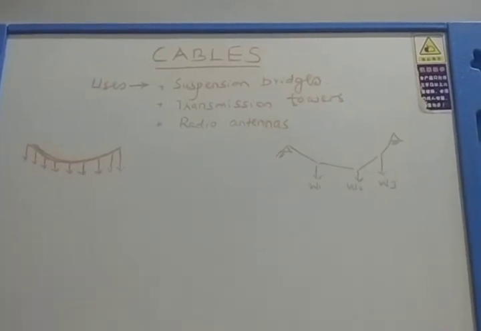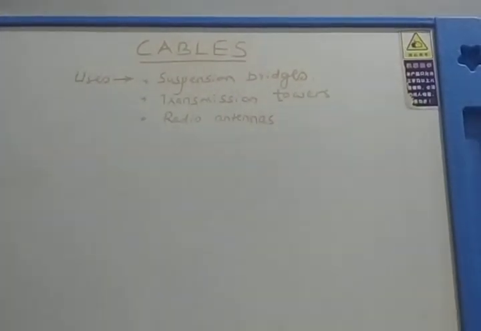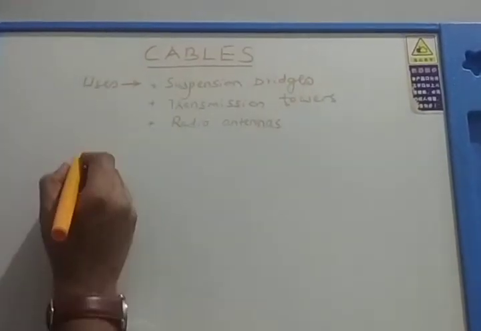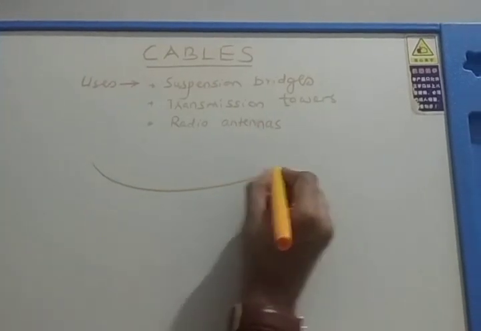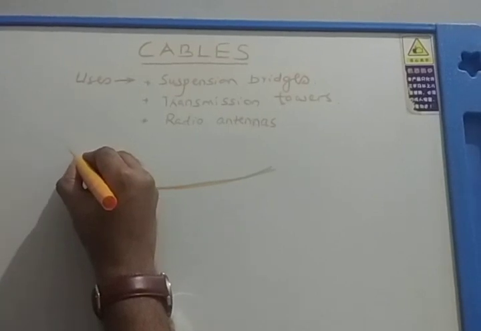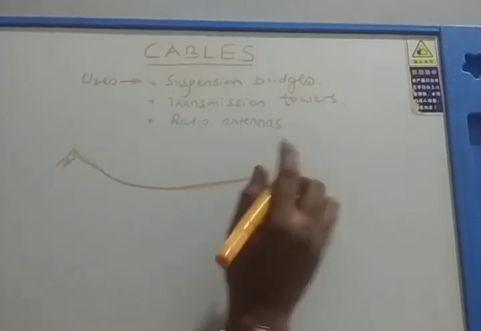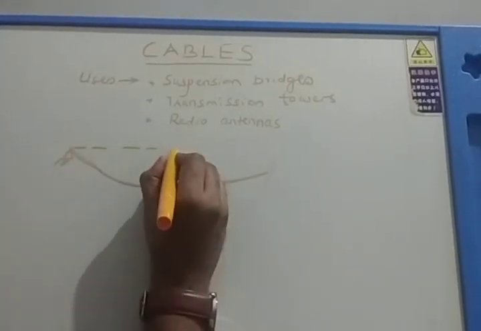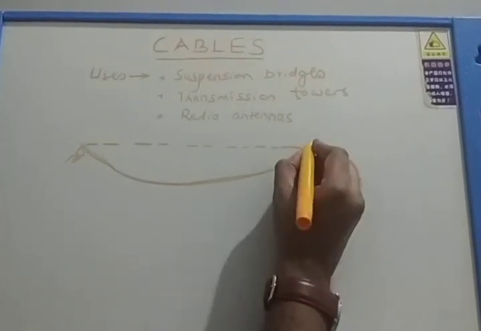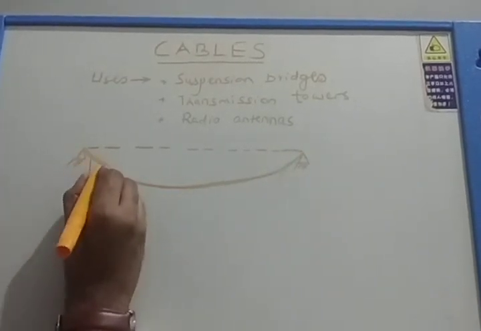For that, I will just take a simple cable. So let me consider a cable. You can see this is a cable. You must understand that cables are having supports. So I call this support A. And these two supports are at the same level. This is the level of support A. So let us draw it here like this. And this is support B. Okay. And this cable is subjected to uniformly distributed load.